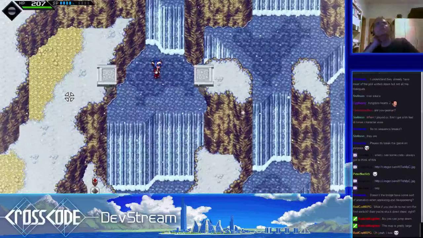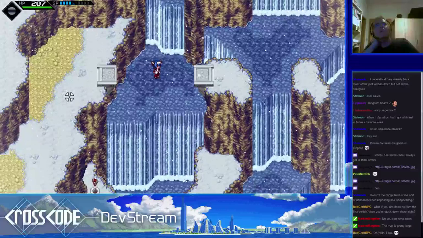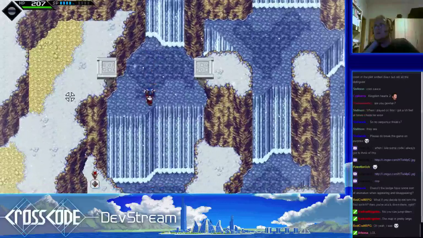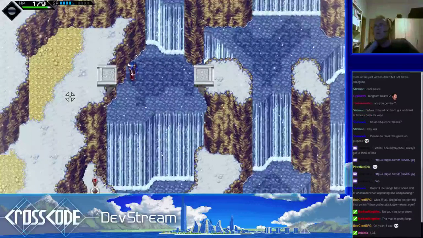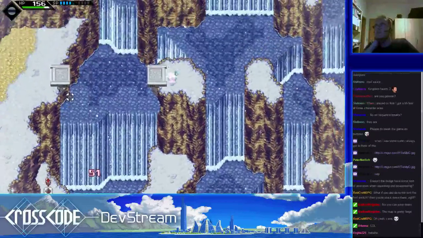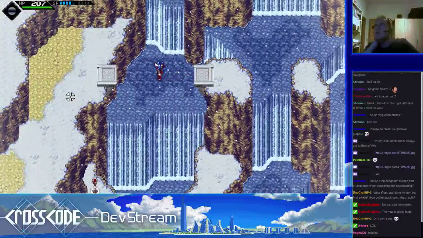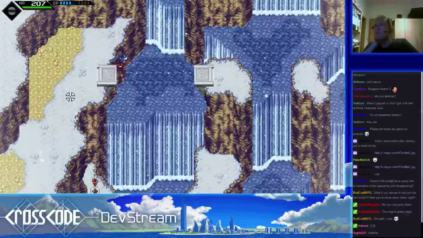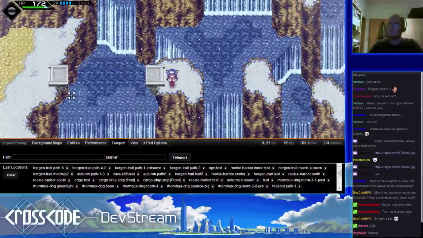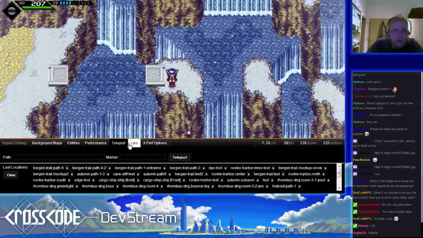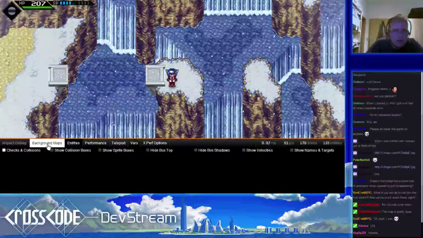I think the problem really is that the erase entity functionality, it kinda... Whoa, no, okay, something is not right here. Why can I still stand here even though the entities should be gone? Okay, let me just do some debugging, see if there's actually something visualized.